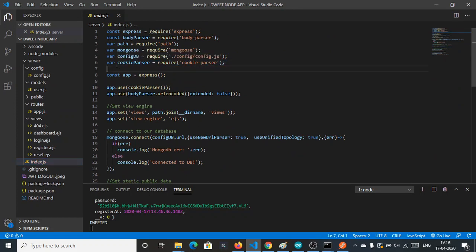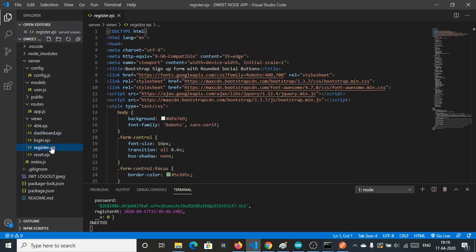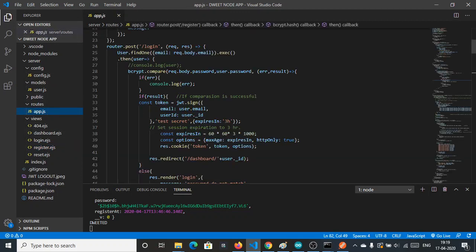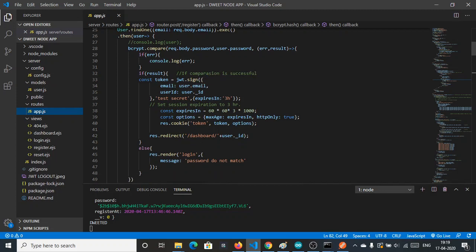Basically we are storing every user's token. We are assigning a token on each login. Every time a user makes a POST request on the login route, we give the user a token, and this token is stored in the cookie.